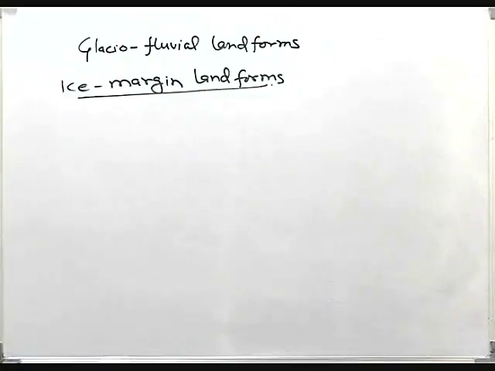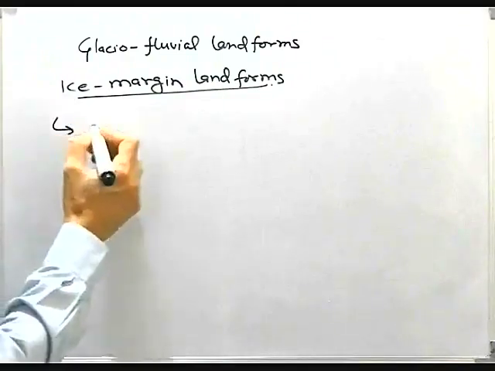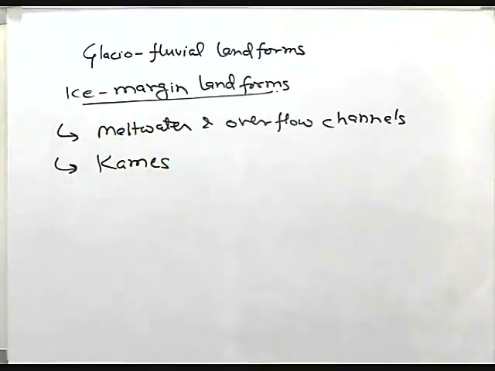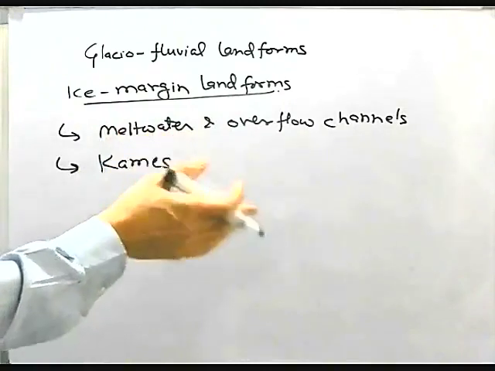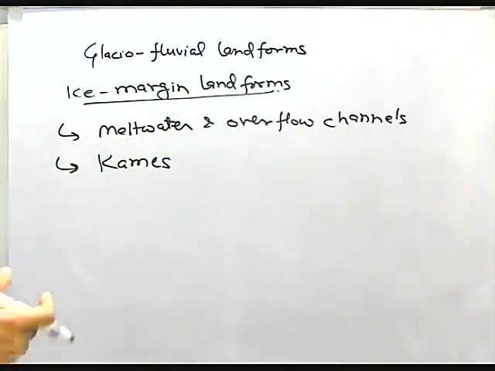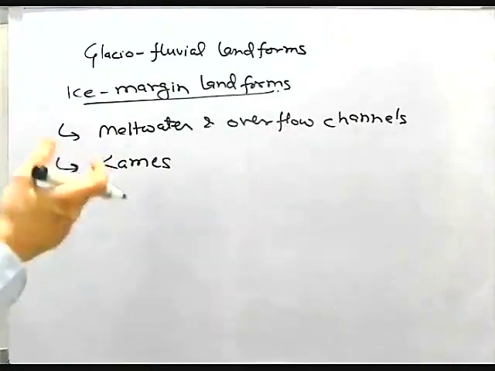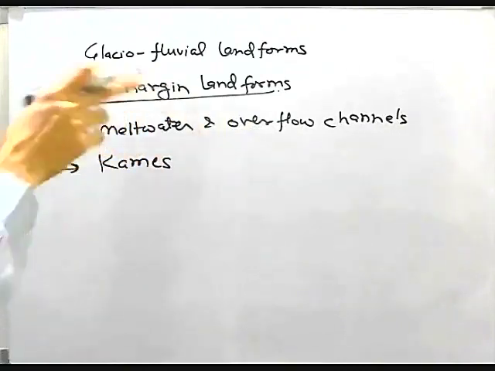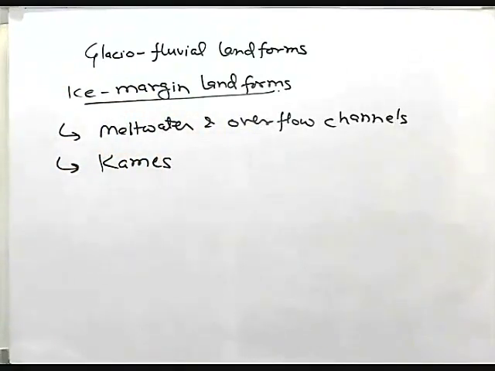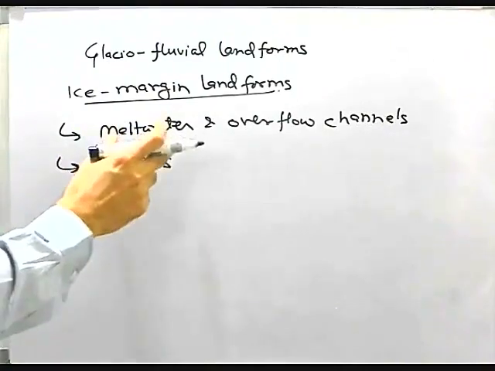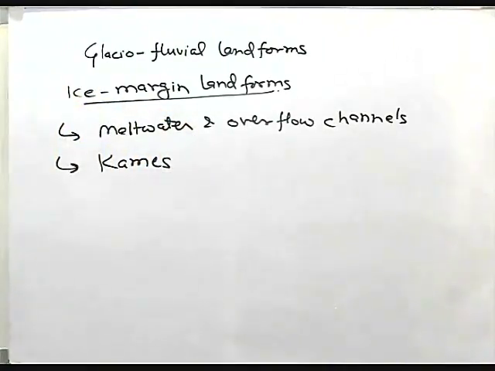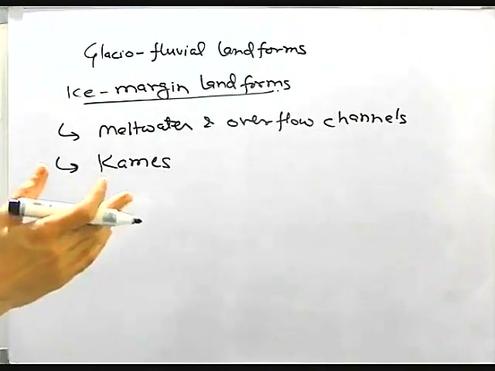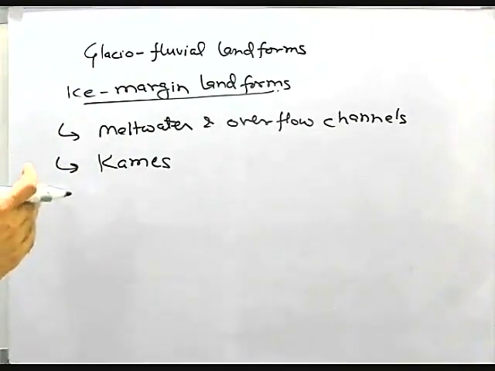Now ice margin landforms include meltwater and overflow channels. They include kames, meltwater and overflow channels. They transport the meltwater from the glacier into the proglacial environment. Now these meltwater channels may also be present beneath the glacial ice, and those subglacial channels will lead to the formation of eskers. But those meltwater or overflow channels that are present on the surface of the ice, or those channels which are present on the sides of the glacial ice, they have glacial ice on one side and the valley walls, the bedrock, on the other side,